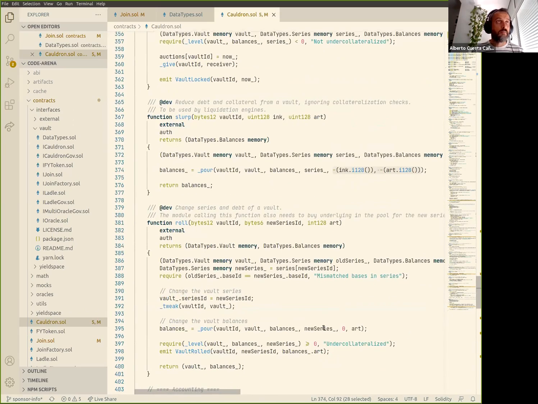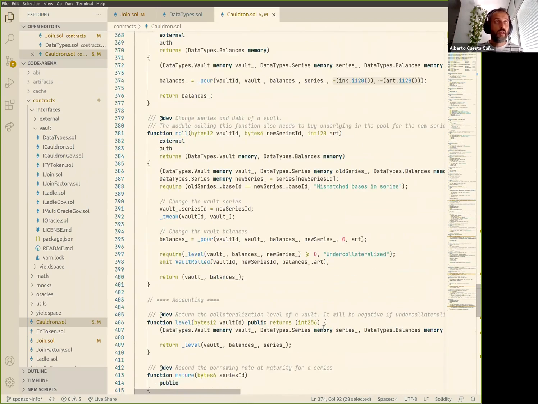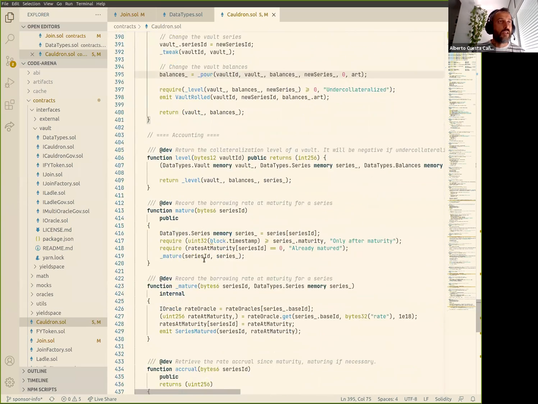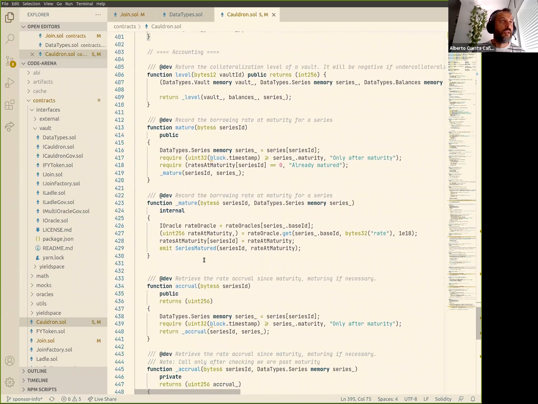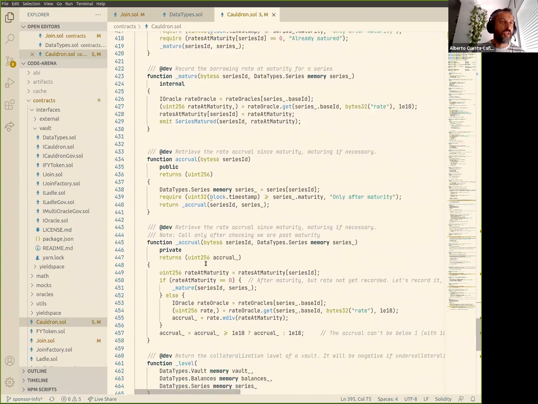Okay, that's for liquidations. Rolling debt is a very complex thing to do, and we had to put it straight into the Cauldron because it's quite a hard thing to do. So that's what this thing does. It basically allows changing the vault balances to a new series and a new debt. Basically that. And then we have the whole level mature accrual chunk,